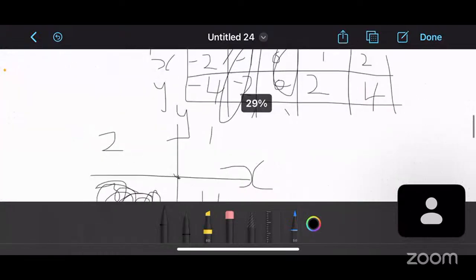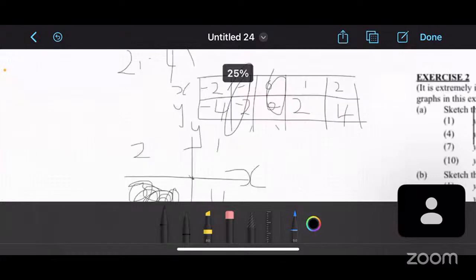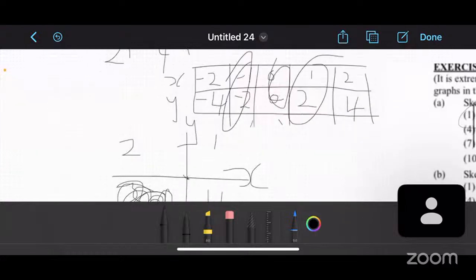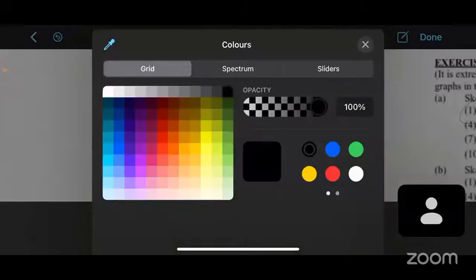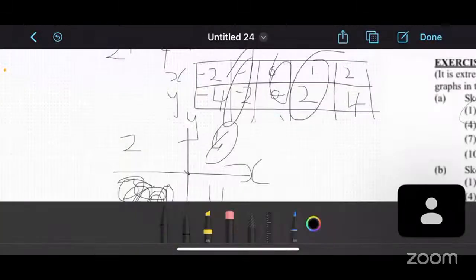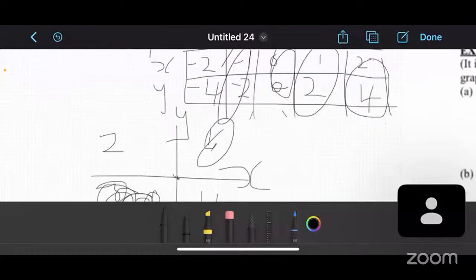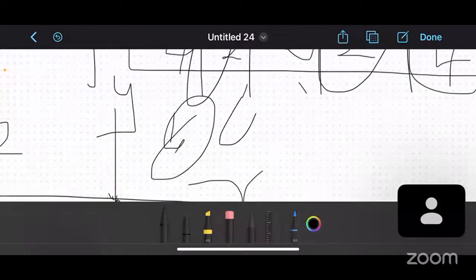Then 1 and 2 is going to be in the first quadrant because your y and your x are positive in the first quadrant. And then for 2 and 4, positive 2 and positive 4, it's also going to be in here as well